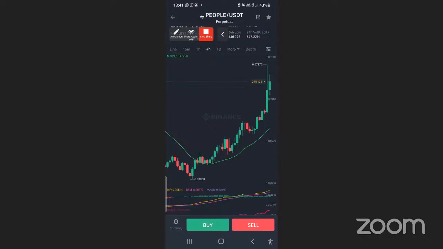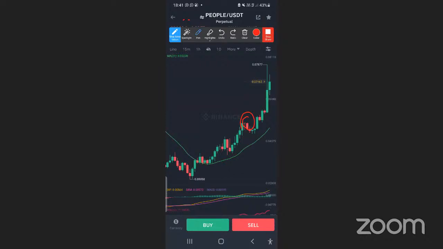I entered the position. Let me show you where I entered. I entered around here because I saw the red candlestick, right? I said it's going to come down. What did it do? It's a fake candlestick. It decided to go up. Do you know how many people would have been liquidated? So if you must take a sell position, make sure you are really sure that it is a sell